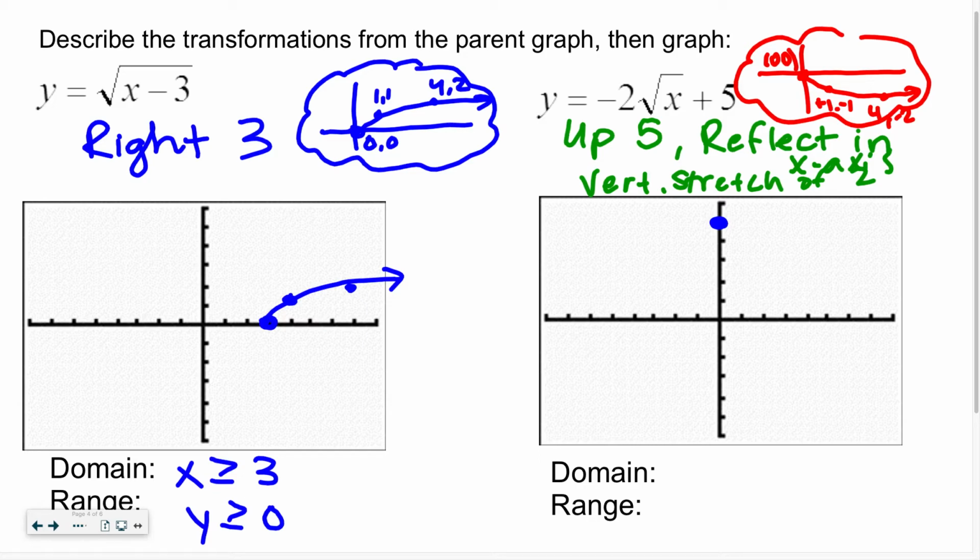All right. This y value, remember you're stretching it vertically, so you're stretching the y. We did this back with parabolas and v shapes, right? So this y value is negative 1, but we're going to stretch it by 2, so it's really going to be negative 2, and then I have to move it up